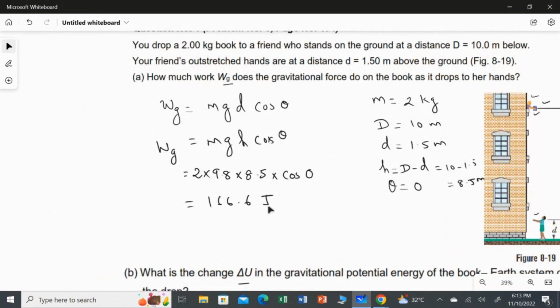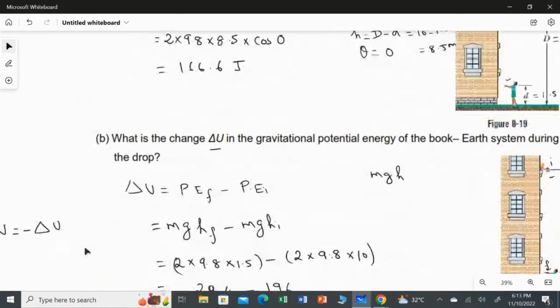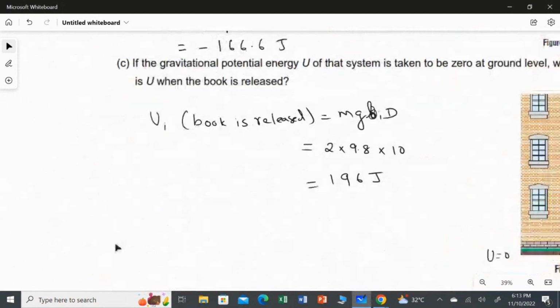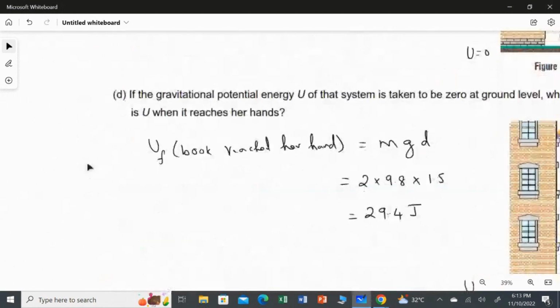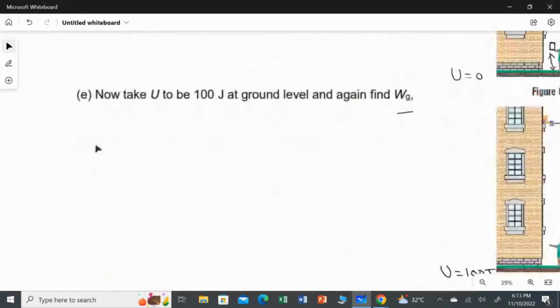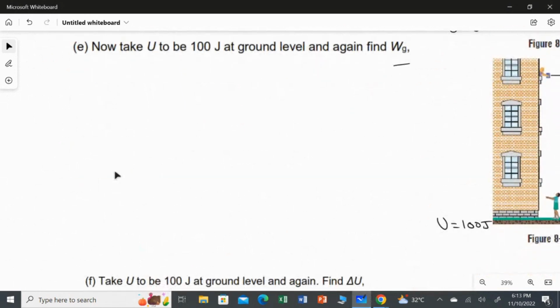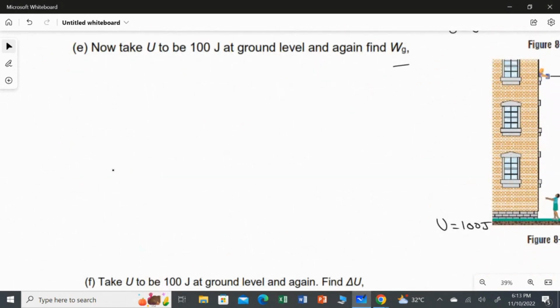We got the answer as 166, right? So whether the potential energy at the ground level changes or not, that is not a matter. Whatever it may be, the work done by the gravitational force with respect to the ground level is exactly 166.6 that we got. So again, you will get the same answer. Clear? So which is nothing but what we got, mg,